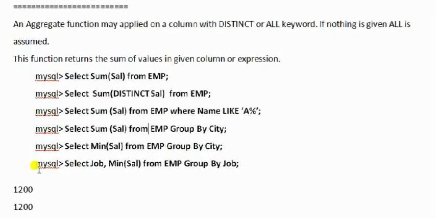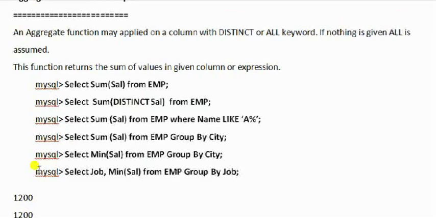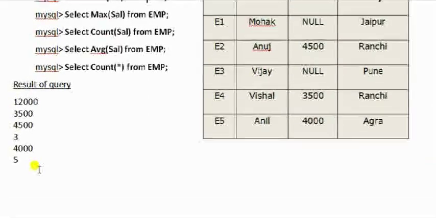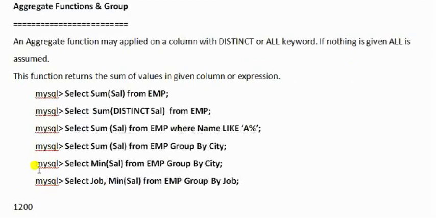Select sum from EMP group by city. So city will be grouped by, similar cities will be collected together, and sum of those values will be calculated.